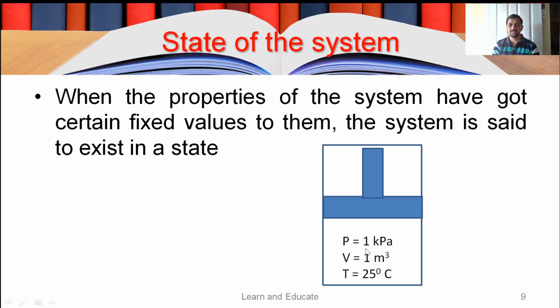So in the previous example of piston cylinder device, we have seen the pressure was 1 kilopascal. Suppose we are compressing the fluid by applying certain force on the piston. The pressure will increase, right? At the same time, the volume will decrease. So one property A and property B. Suppose this is volume and this is pressure. Okay, so pressure is increased from 1 to 2 and the volume is decreased from 1 to 2. Right? This will be the initial volume and this will be the final volume. So volume is